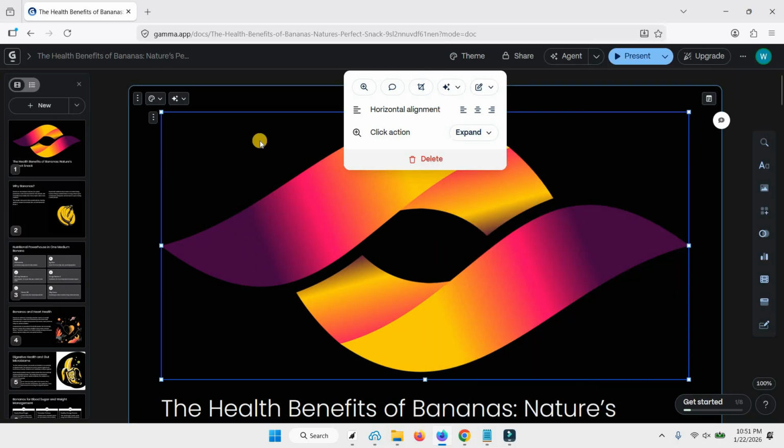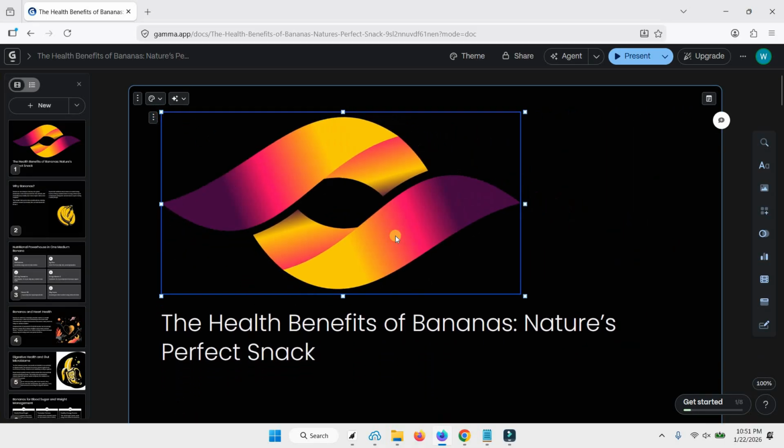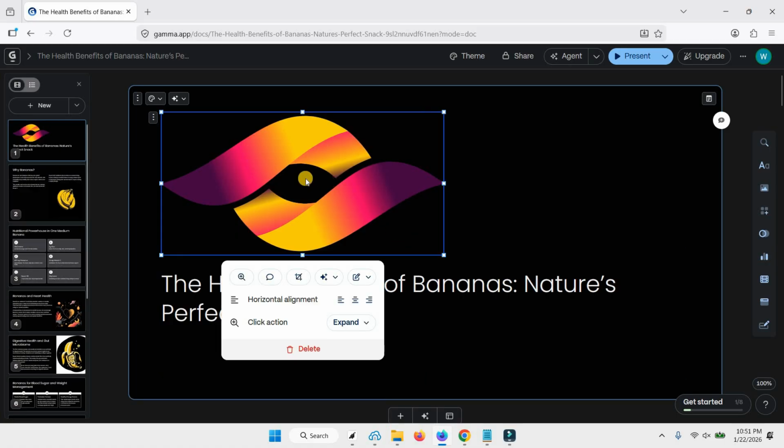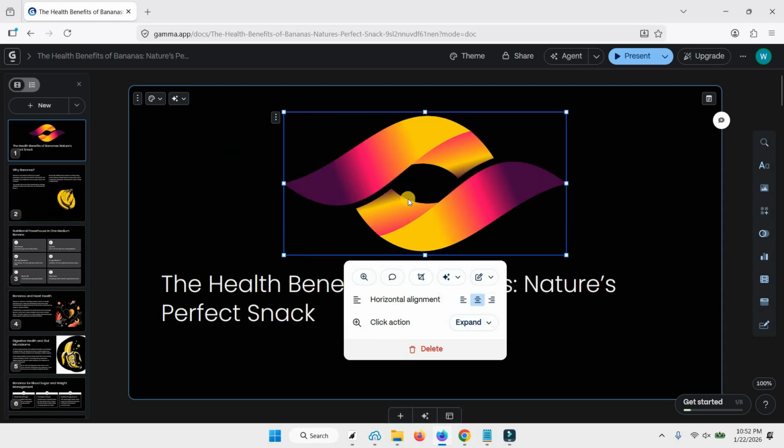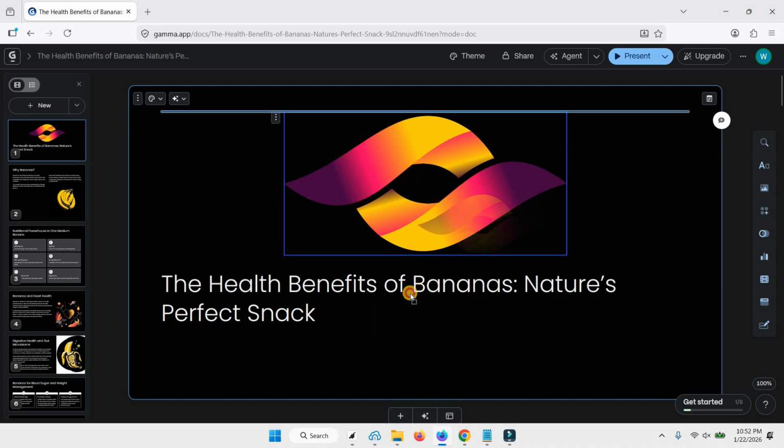Then you can resize your logo by dragging this image. So you can resize this and you can align this at the center by going to center align. You can also drag this below the title